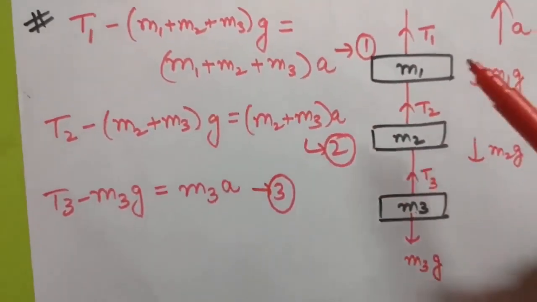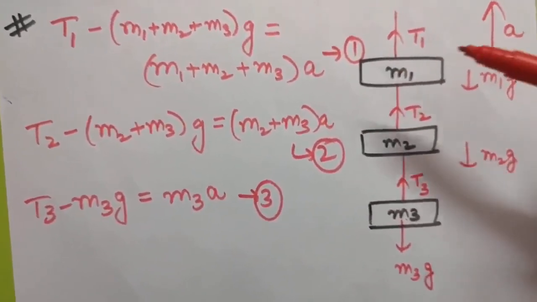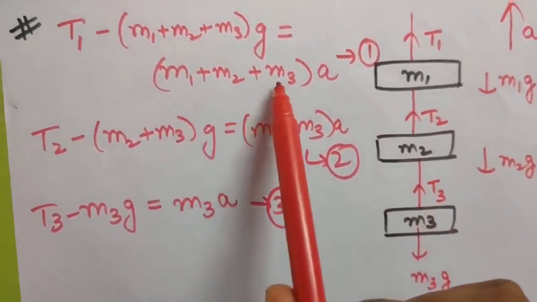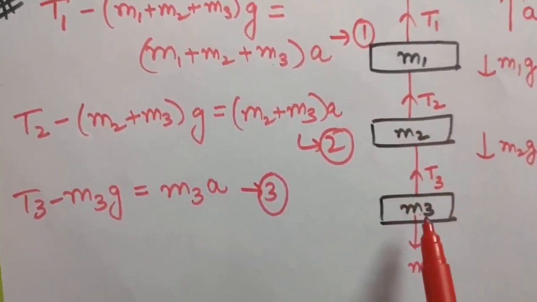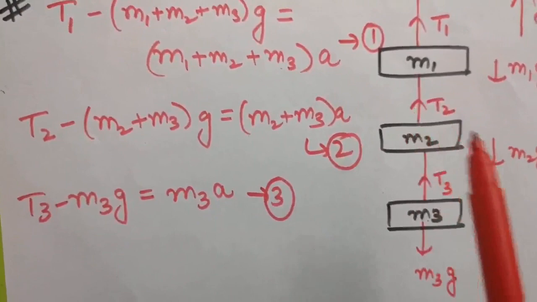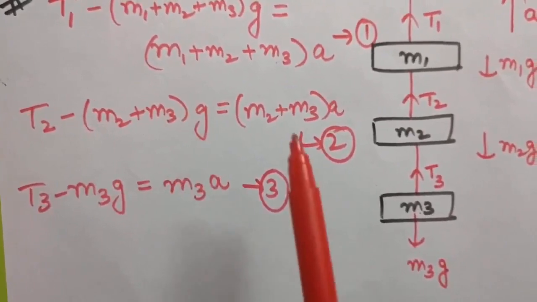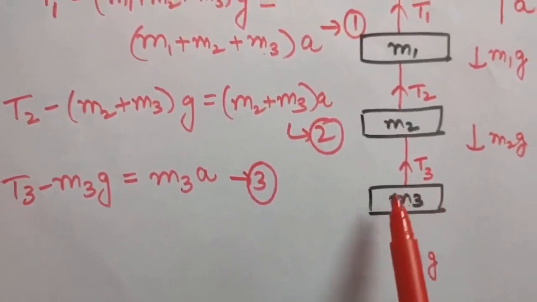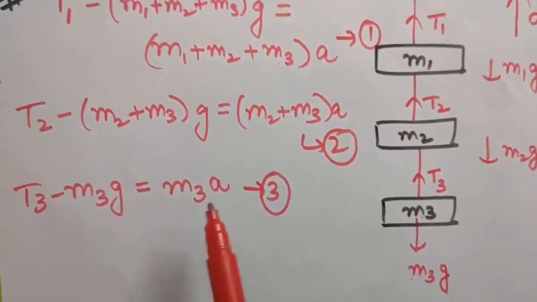Okay, so remember this because this mass is pulled by all of these three forces. So while writing equation for mass m1, we have to take all the three masses into consideration. So this is your first equation. Now second equation for m2. Now m2 is pulled by the force of m3 also. So for this case we will be taking m2 and m3. So T2 minus m2g minus m3g, I have taken just common that g, is equal to (m2 plus m3) into a. Now for third one, it is only pulled by its weight only. So therefore T3 minus m3g is equal to m3a.